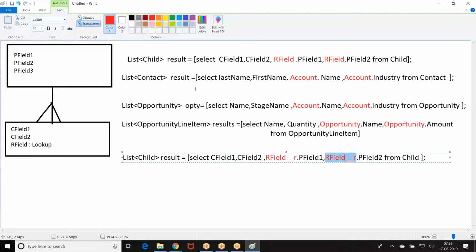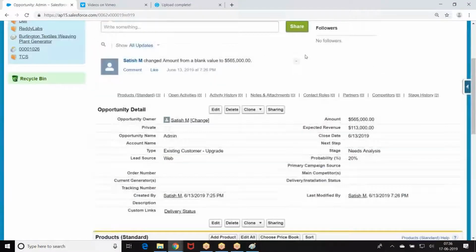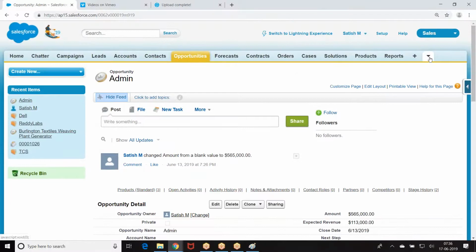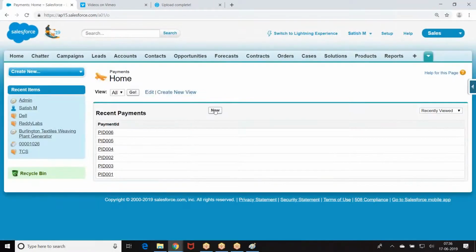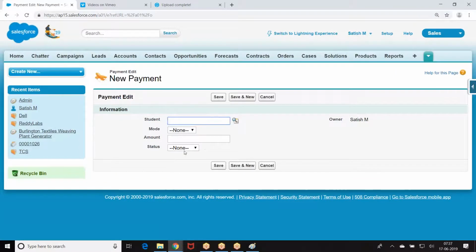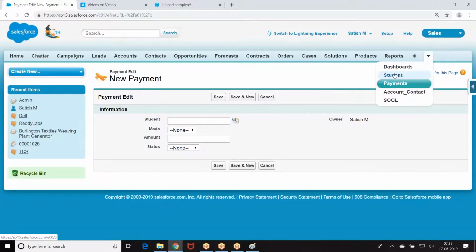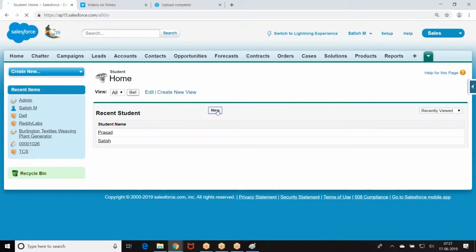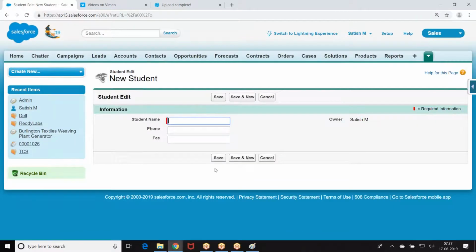Now, let us take an example. We already have some custom objects here. I think payment and student we have created, right? In the student, what are the fields we have? Name of the student, phone, fee.